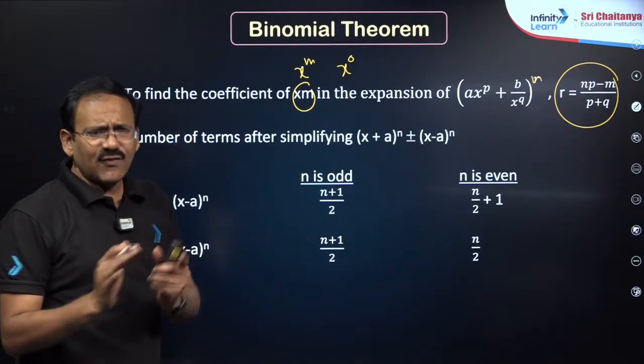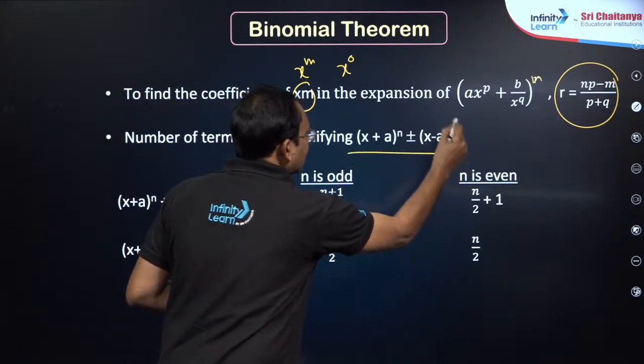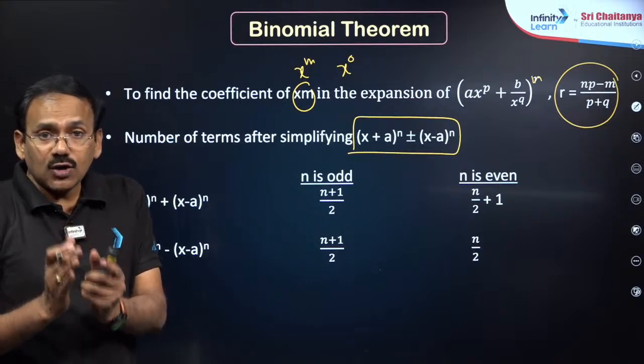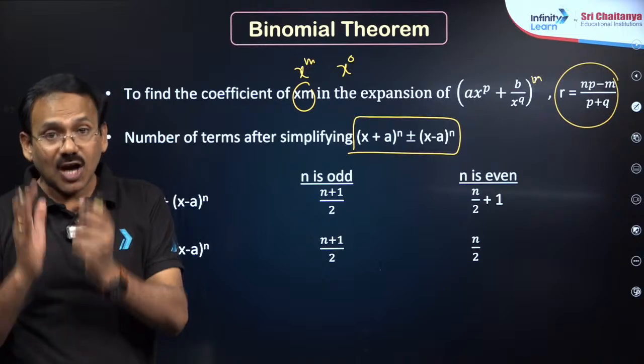The next, and one more question model, sometimes you will be asked, the question will be given of this kind, how many terms will be there after simplification? If you want to know like (x+y)^10 + (x−y)^10, the shortcut is,